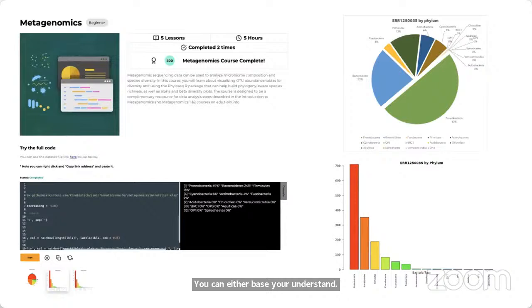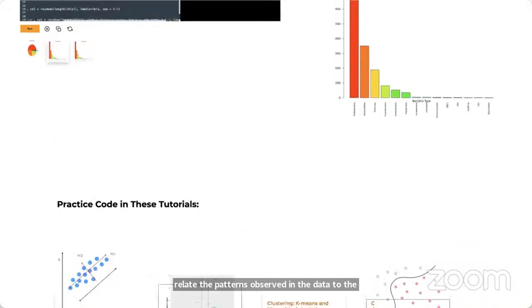But if you want to explore more of the coding environment for the downstream analysis performed on the metagenomics data, our tutorials and lessons include specific code blocks for data importing, for preparation and pre-processing of the data for the analysis, and for standard visualization to understand the patterns in the data, and performing this analysis to relate the patterns observed in the data to the phenotypical condition, not just the biological conditions of the samples generally.